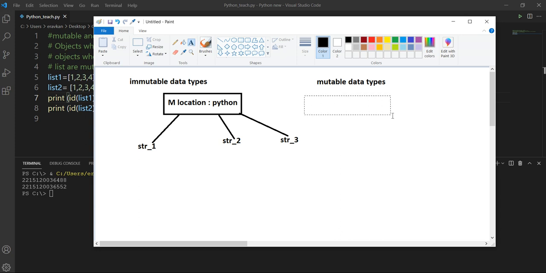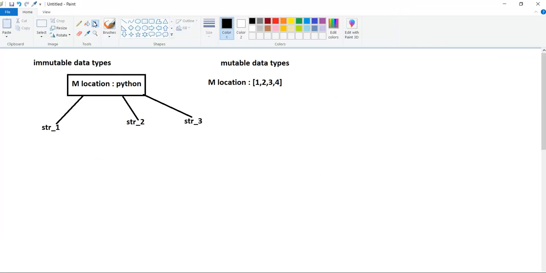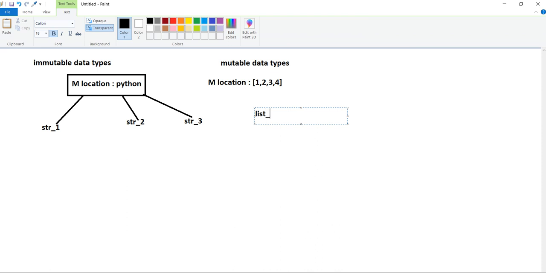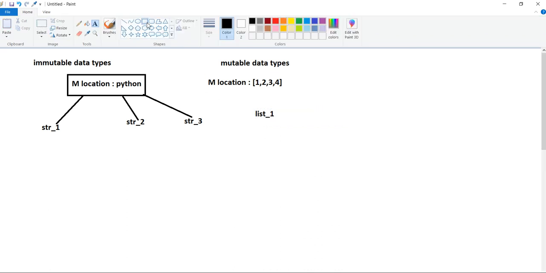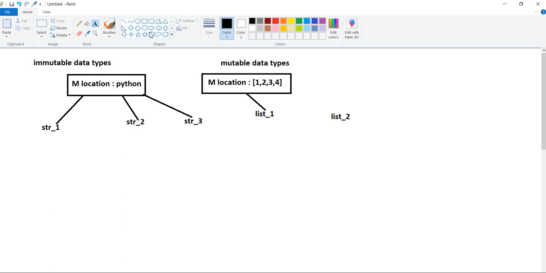This is my memory location having value 1, 2, 3, 4, and my list_1 is pointing to this value. Now, if I create another variable list2 having the same value, it will not point to this memory location.